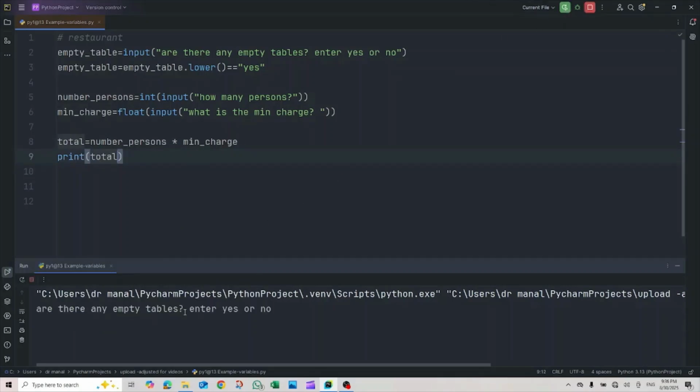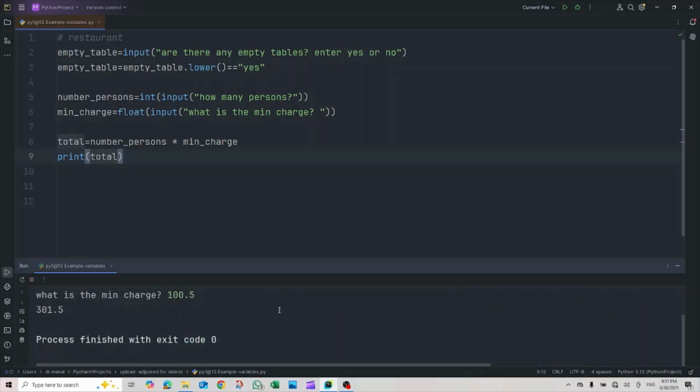Are there any empty tables? Let's enter a yes here. How many persons? 3 persons. It's an integer. Minimum charge, it's a float, let's say 100.5. And let's have our charge as